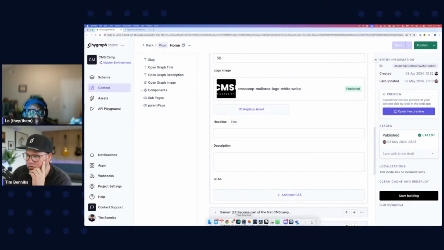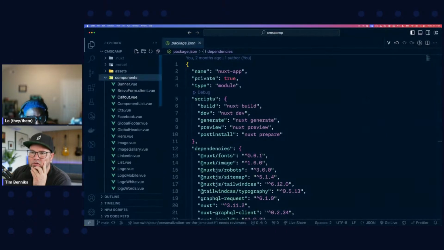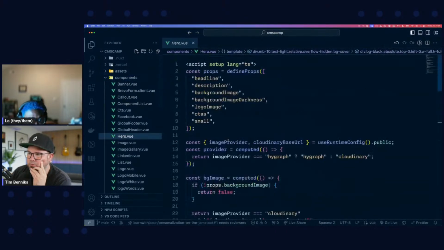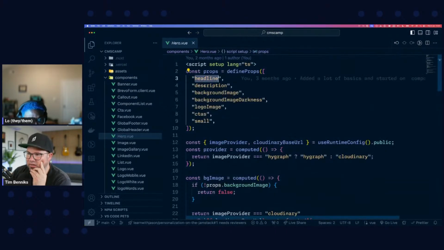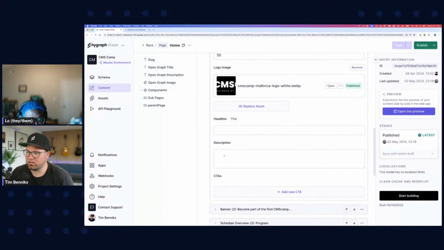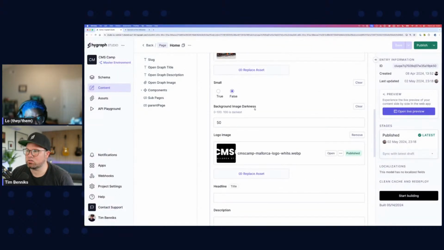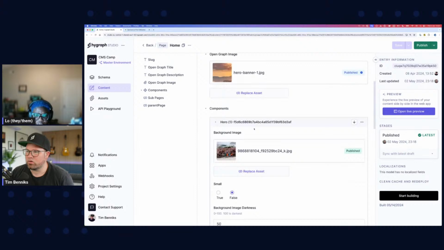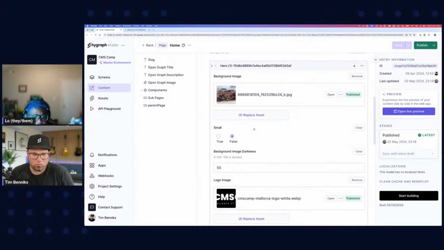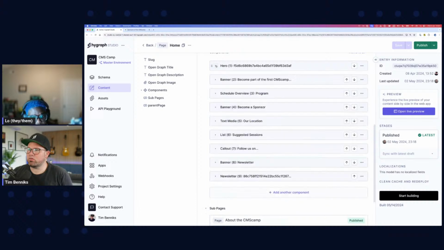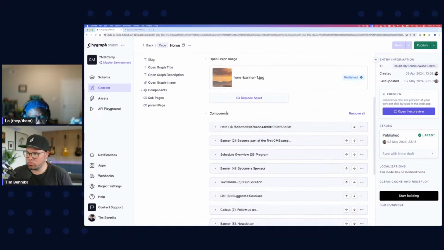So when we have a look at the hero component, the properties are headline, description, background image darkness, logo image, CTAs, small. That's basically headline, description, CTAs, logo image, all that stuff, completely matches what you see. Exactly. And so this becomes super easy to then work with. So if you build a page that has all these components,